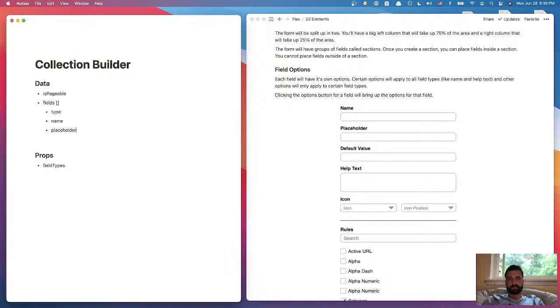So we're going to have a field for placeholder, a field for the default value. Again, I think we should probably be using camel case. Help text. Icon, and then the icon position. So for the icon position, it's either going to be